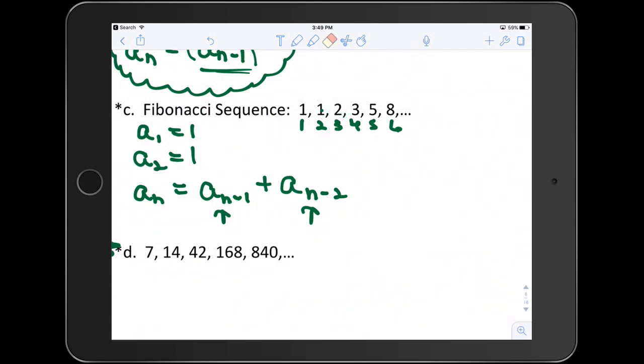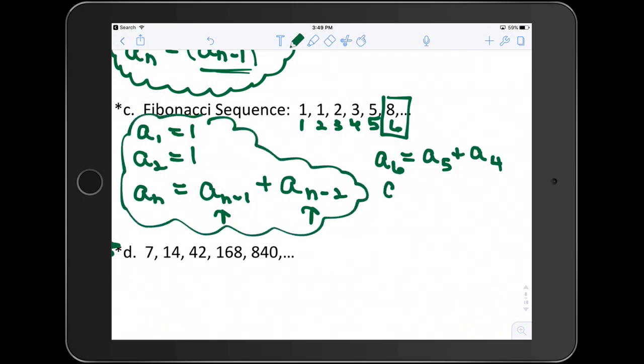Now let's just keep that and see how that works continually. I'm going to focus on this one right here. So I know that's the 6th term. What this sequence is saying is, if you go a sub 6 equals a sub 5 plus a sub 4, because I'm using this rule right here,